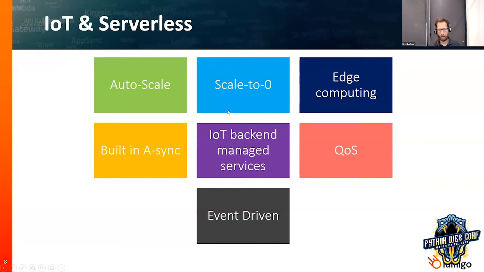Most cloud providers have IoT backend managed services. So it's kind of like taking Stripe for a payment service. You don't need to set up everything that has to do with the financial part. The same goes for IoT by cloud providers, AWS, Microsoft, all of their services that basically allow you to use either HTTP or MQTT to connect with their service, without adding and building your own IoT backend code to get the request. QoS is also very easy to do as a gateway in front of your serverless services. So this is another thing that IoT needs.